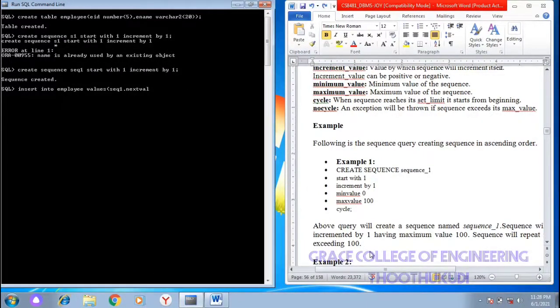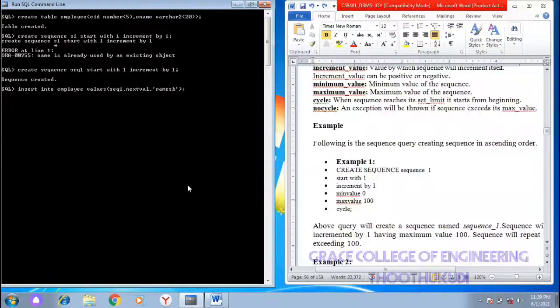So write the name of the employee in single quotes. So SEQ1 dot nextval, then write the name of the employee.